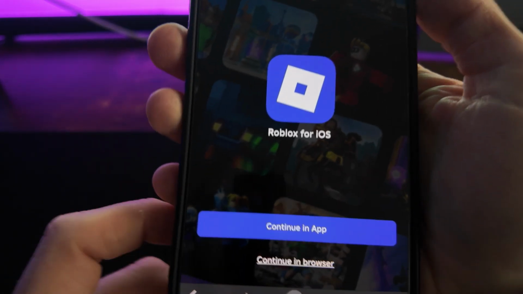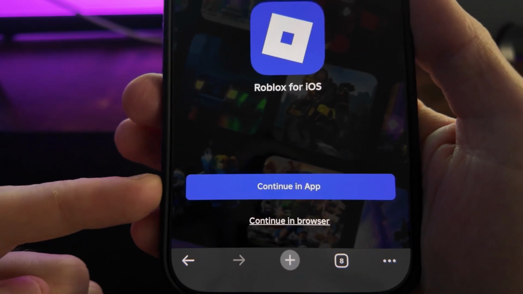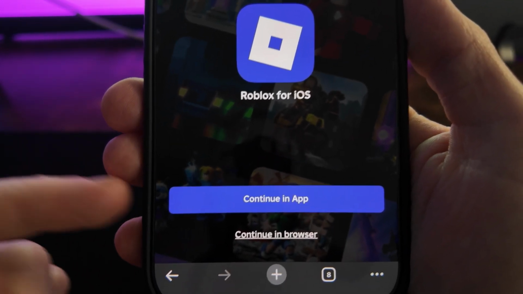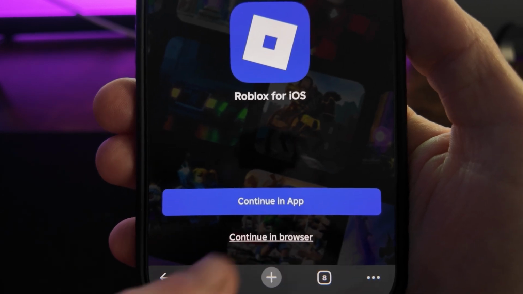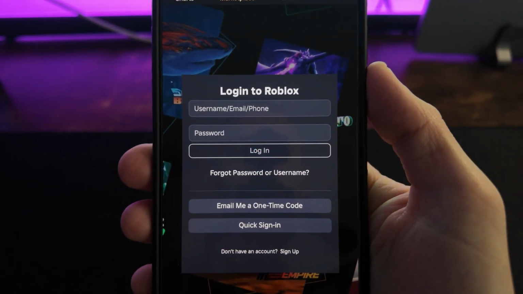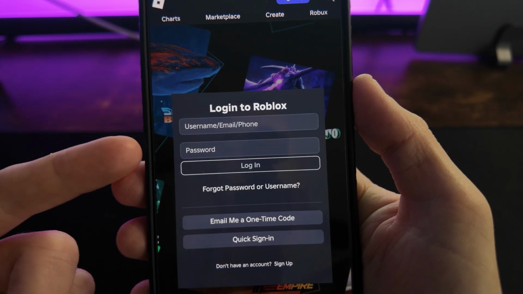From here, you want to go down, and you don't want to click on continuing app. You want to select continue in browser. Now, once we do this, it will then ask you for your email address and your login, but we can